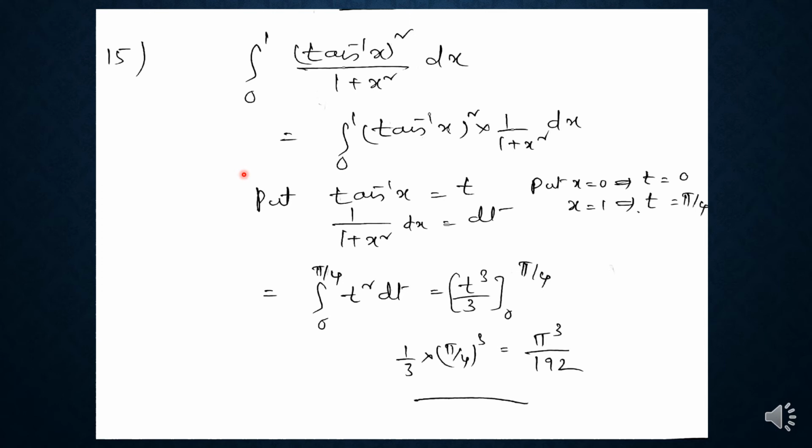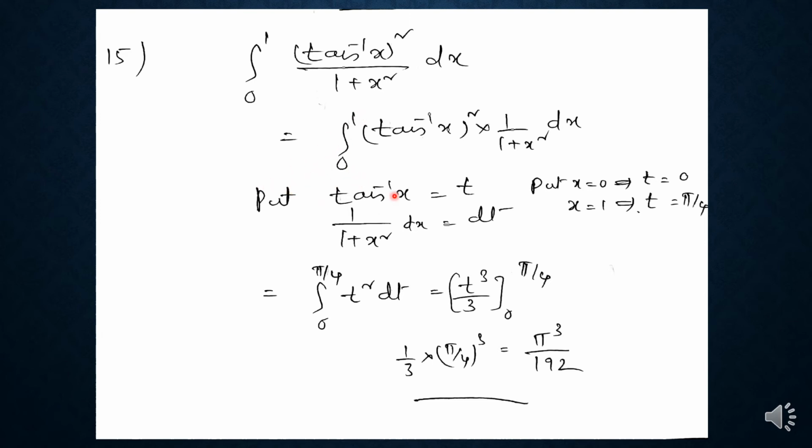We know that if we take tan inverse x as t, then its derivative is 1 by 1 plus x square. So the function and its derivative are present in the integrand. So put tan inverse x is equal to t, then its derivative is 1 by 1 plus x square dx is equal to dt. Before substituting these variables in the given integrand, we have to convert the limits also. Here the given values 0 to 1 are for x.